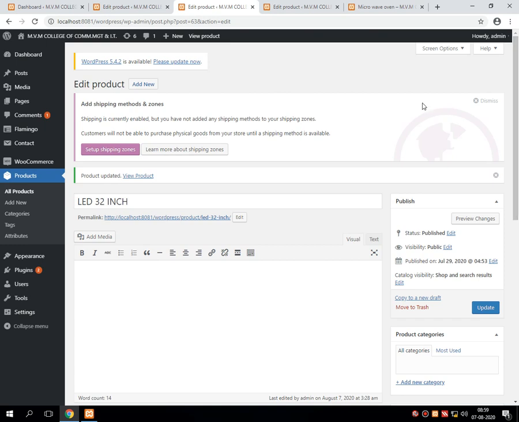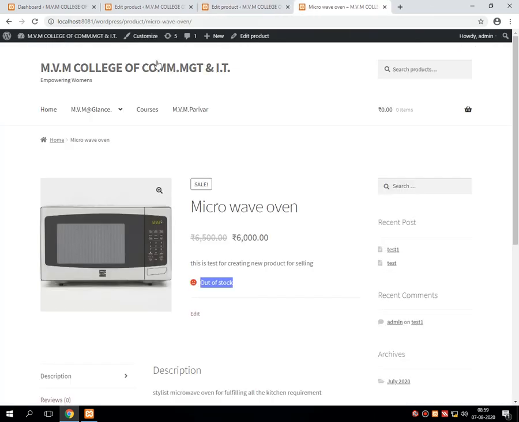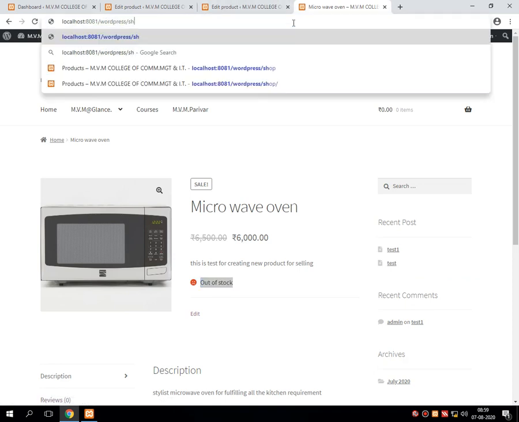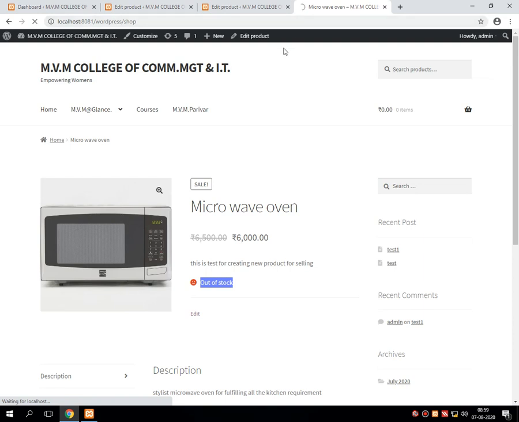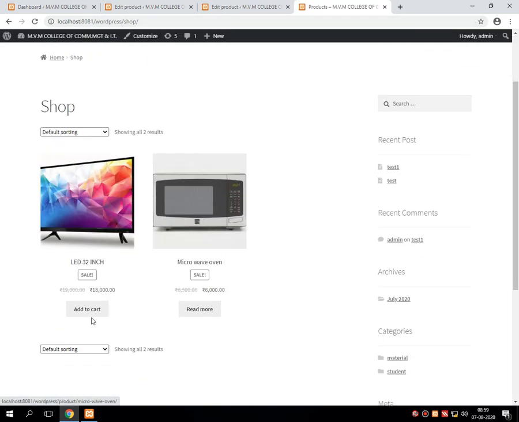Now the update is completed. Now I'm opening the shop. Once the shop is open, I'm selecting add to cart. Just remember that I have kept this LED TV at a quantity of 3.